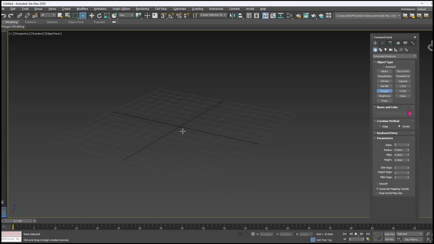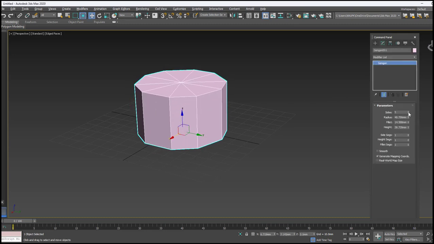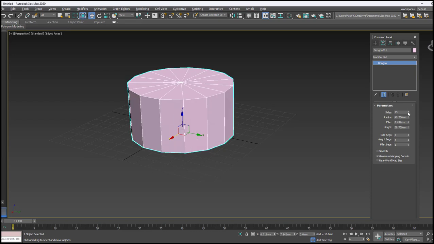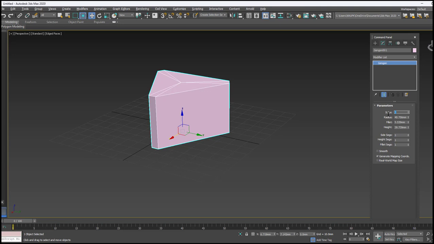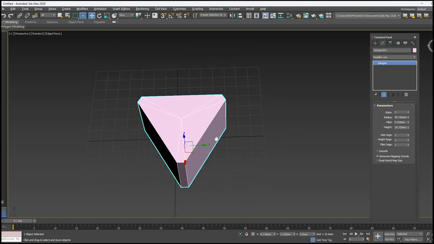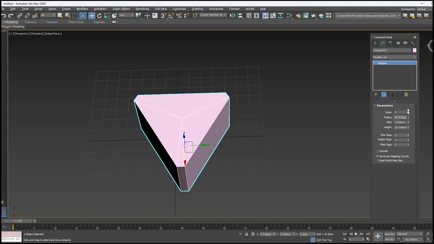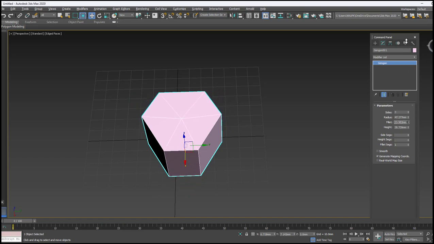Next, gengon: center, radius and then height. Go to modify, give the number of sides. If you want it in a circle, increase the number of sides. If you want it in a polygon, then you can decrease how many sides you want. In order to make a table or any corner, you can go with this. And then radius, how much you want. Fillet to get the smoothness for the corner like this. Height segment like that.